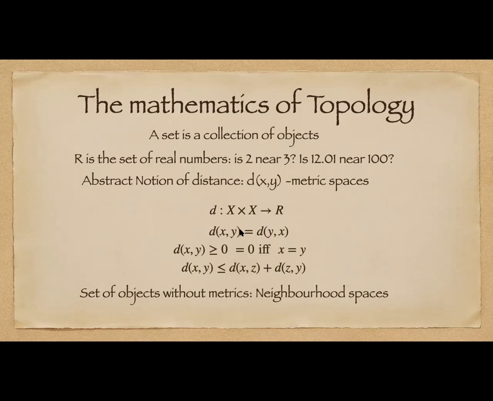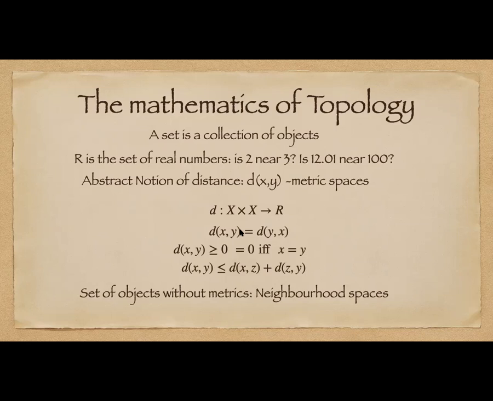We could also put a reference frame in space, and then we could measure our location with respect to that reference frame. And we have our notion of distance in the sense of a metric. So our Euclidean space is a metric space, but that is not where we start.